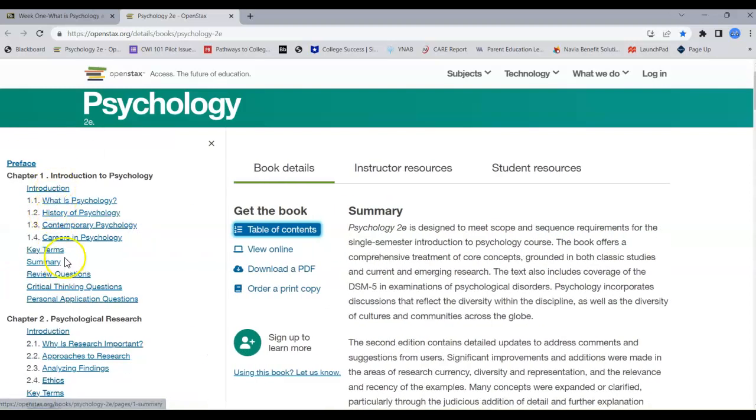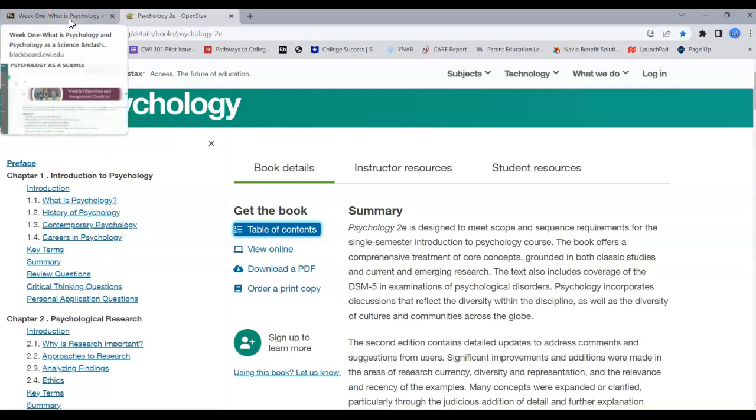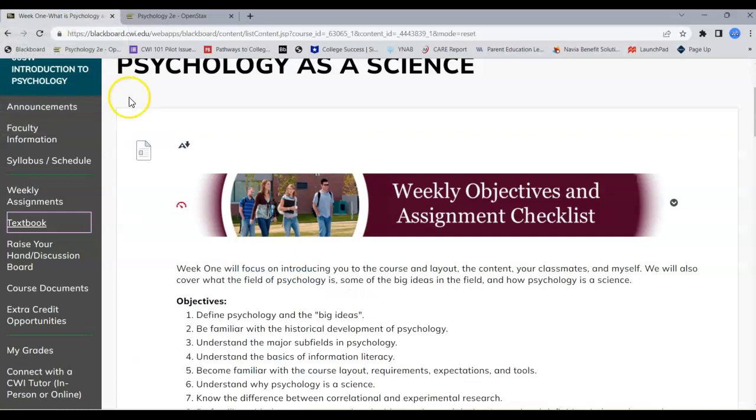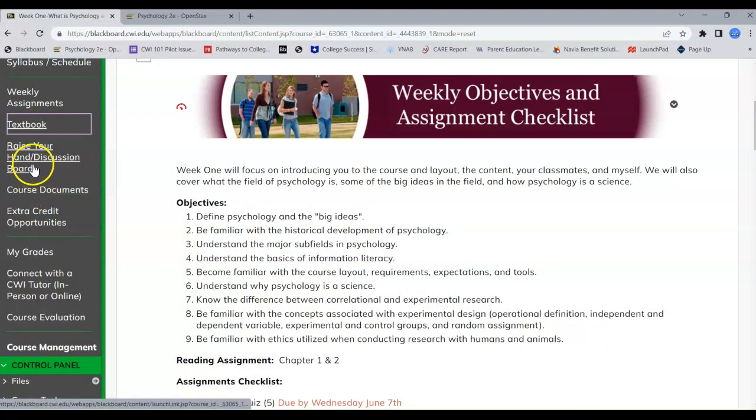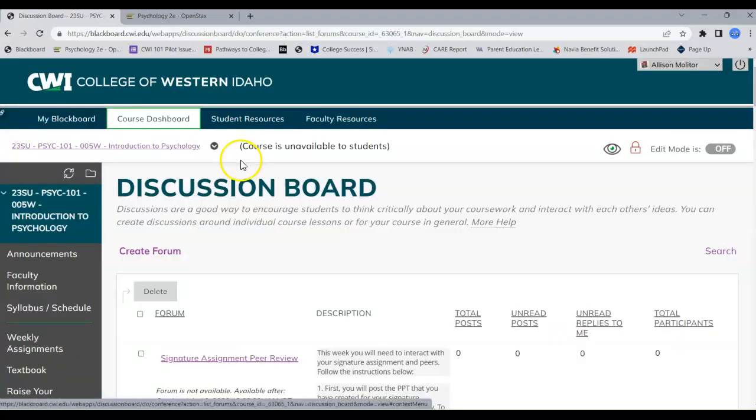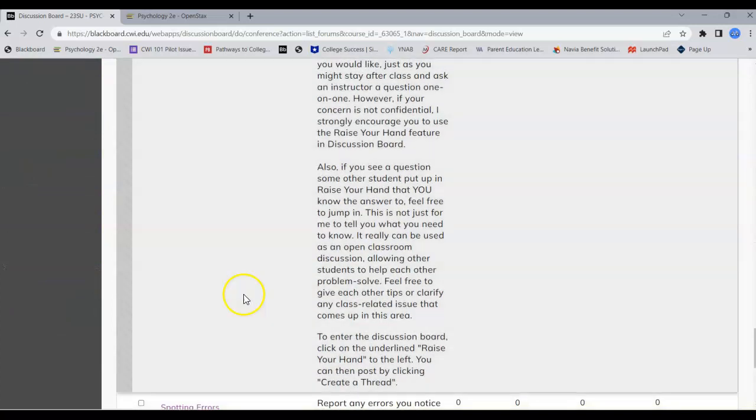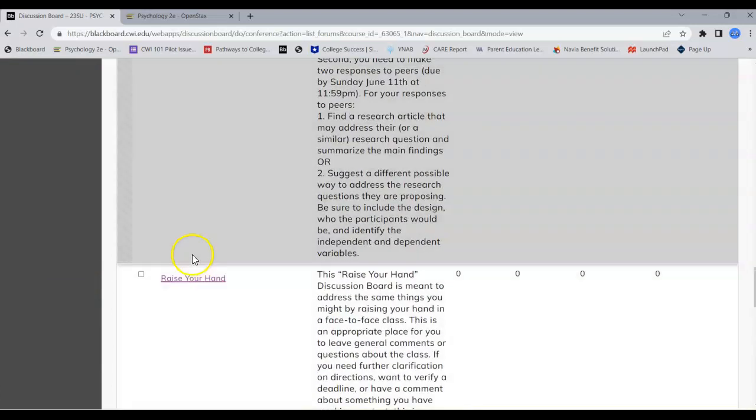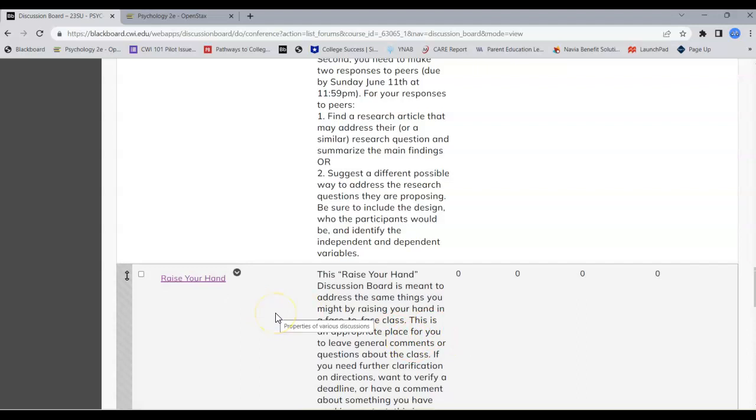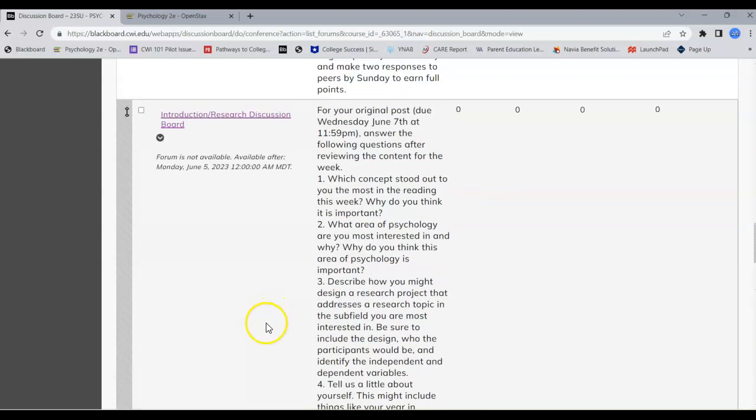There's the table of contents. You can click through any of the options for the week, and then like I showed you in the weekly folders, there's also links to the textbook there. Below that is the discussion board. So you'll see here that we have the spotting errors. You can read more about that in the syllabus. A raise your hand forum in case you have questions that might be good for the whole class that I can answer for you. And then you'll see here is the introduction discussion board that we're going to be doing